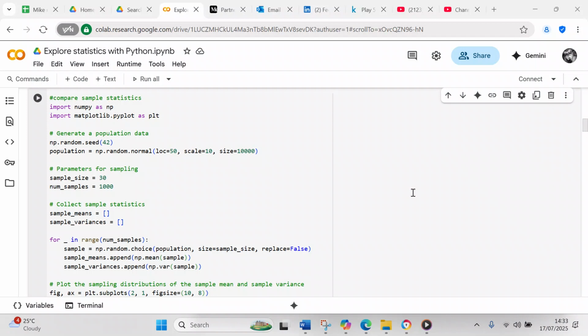In this particular video, we're going to compare sample statistics. In particular, we're going to compare the sample means against the sample variances. So in order to compare the sample statistics in Python, we're going